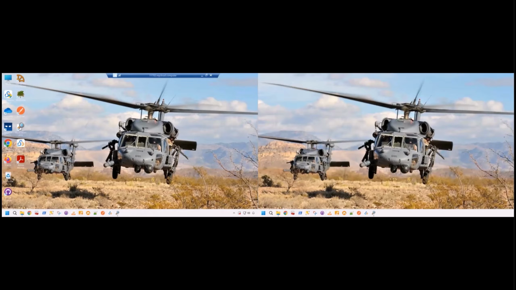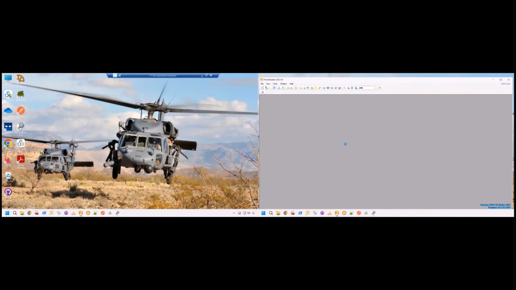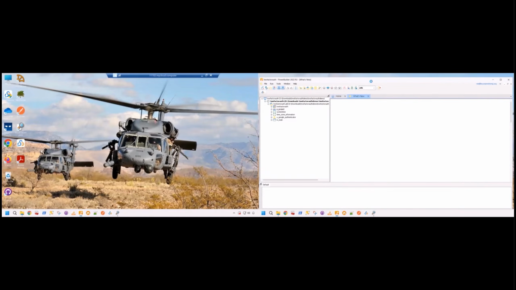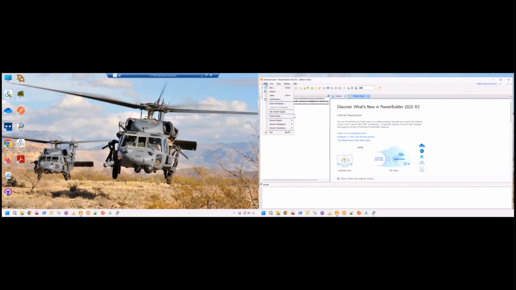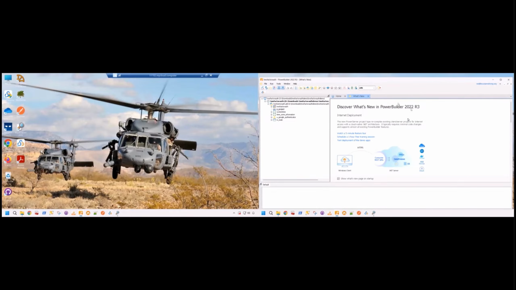I did the same thing with PowerBuilder 2022. Let's see what happens here. The splash screen came up on the left, but I noticed that PowerBuilder 2022 did remember that it was on the second monitor, at least for the IDE opening. But look what happens when I do a file new. Back on the first monitor. So somewhat there, but not completely there. Same thing with